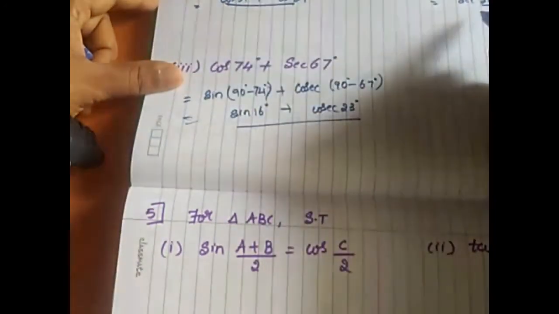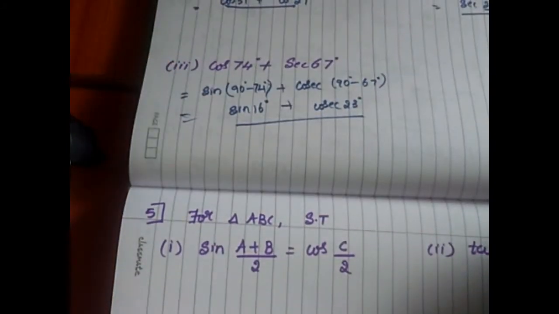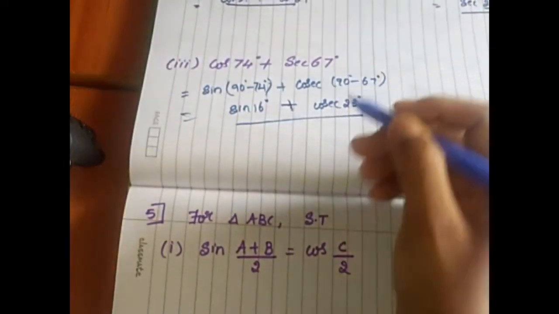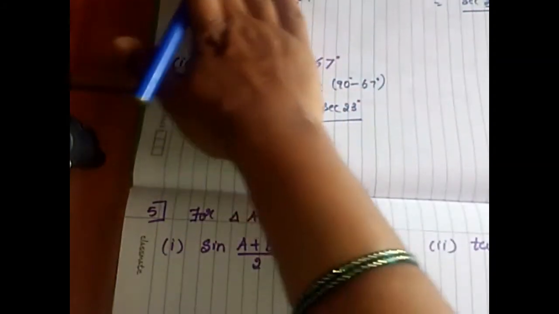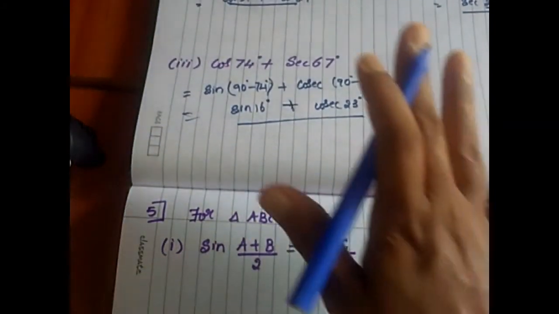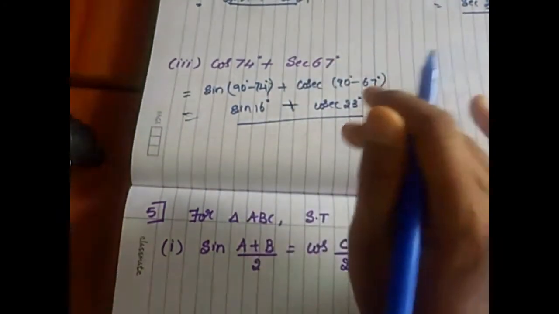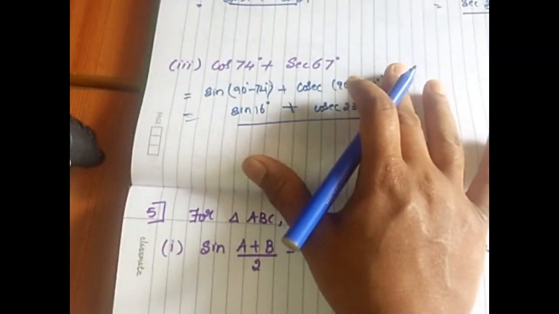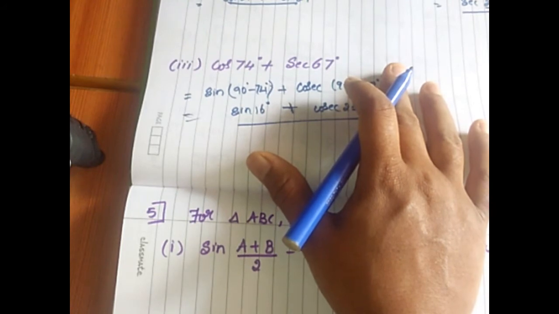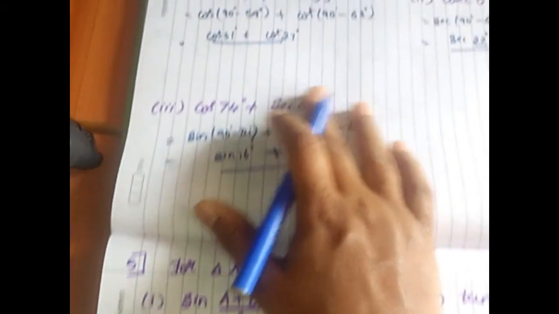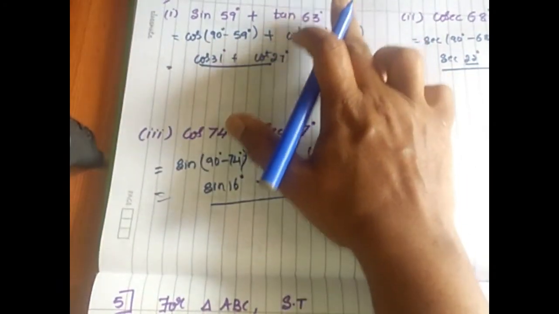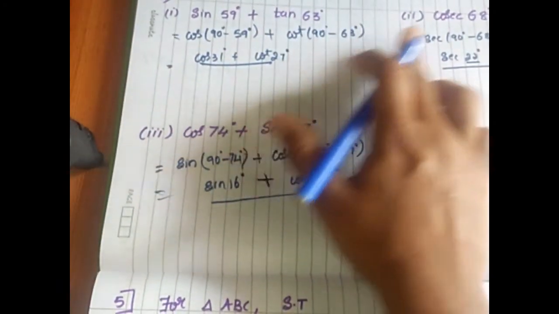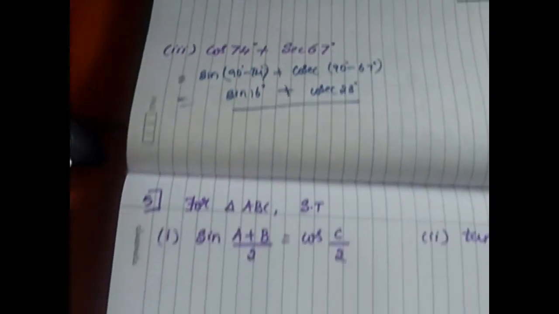So these are very simple problems. Please don't expect such types of problems in the examination. It is just a preparation for you to solve problems based on these types of values. It is just a preparation for the complicated problems, an introduction problem, or we can say a learning problem. What did we do? We have to express the theta between 0 and 45. So we converted sin theta to cos 90 minus theta, and tan theta to cot 90 minus theta. In a similar way, the second and third problems.